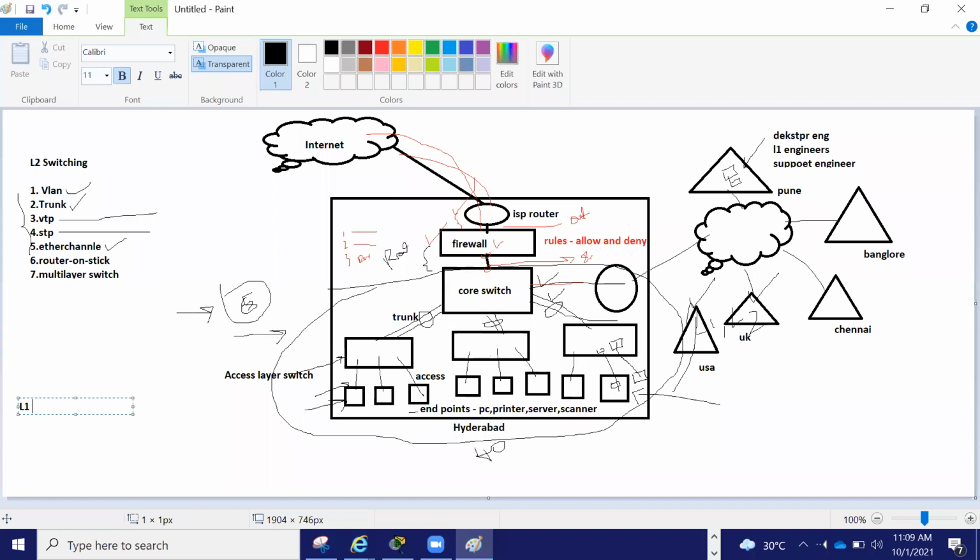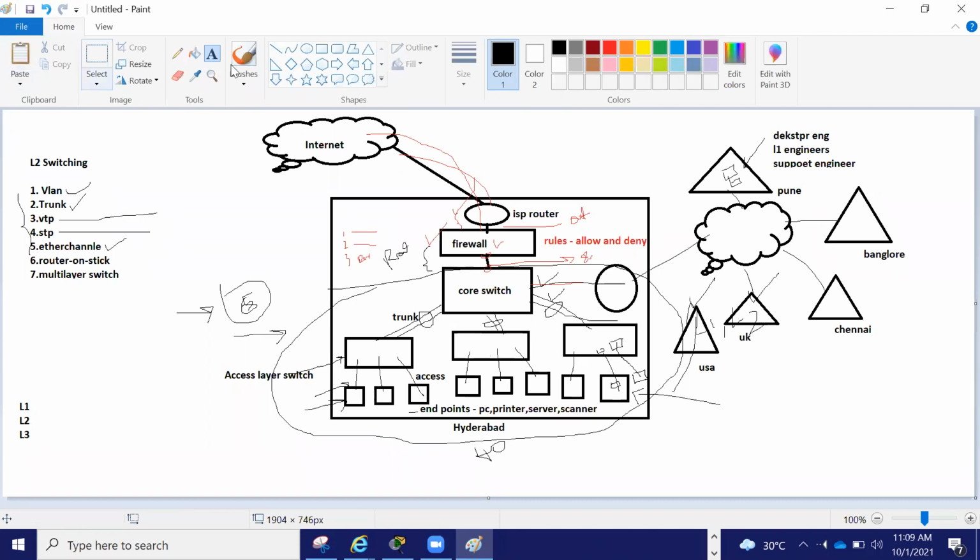L1, L2, L3, this type of jobs will be there. Mostly, if suppose L3 has some five openings, then for L1 and L2 you will have 30 plus openings.